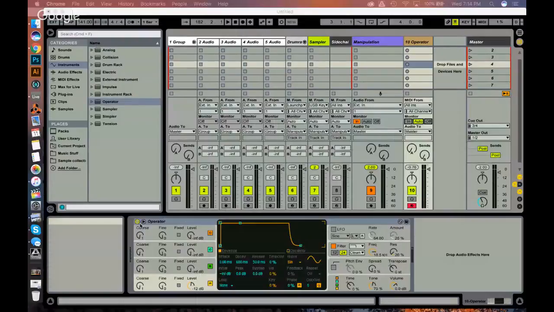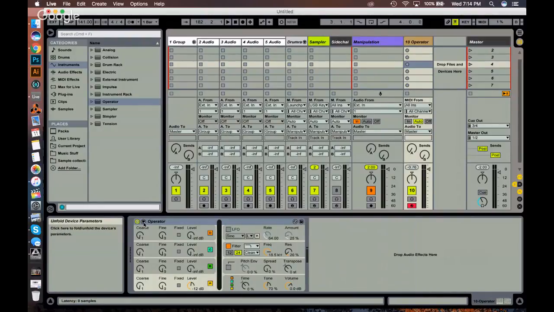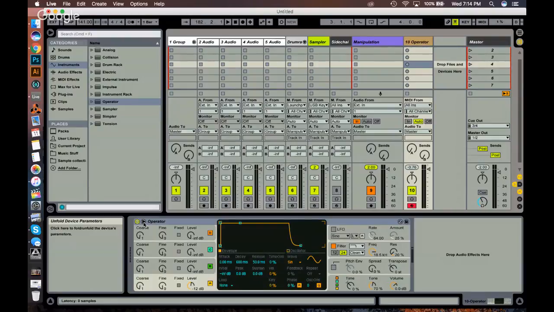Okay, so right here you can see that I've got my Ableton session set up, and I have an instance of Operator. I'll go over all the areas of Operator and what it does, but essentially it's a synthesizer that allows us to use 3 types of synthesis. We can use FM synthesis, or frequency modulation. We can use additive synthesis, or we can use subtractive synthesis. Operator also gives us a lot of really excellent options for adjusting the volume envelope, filter envelope, or we can use a low frequency oscillator to modulate any other characteristic of the